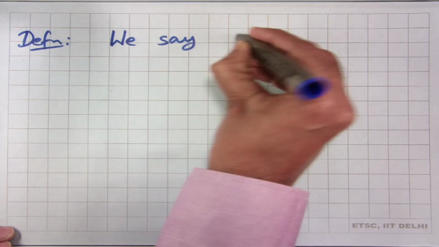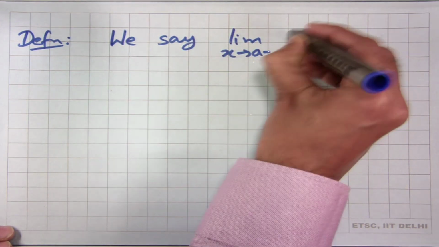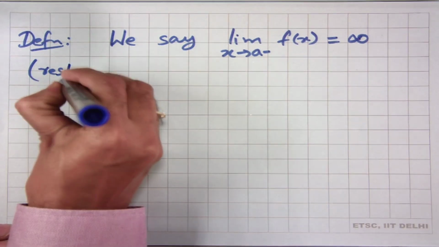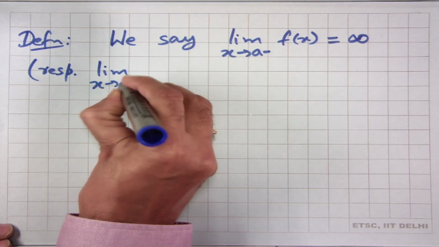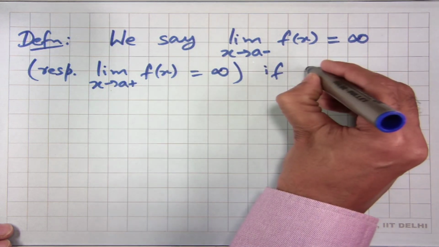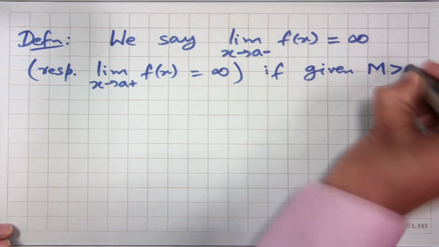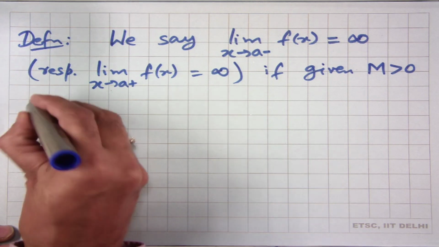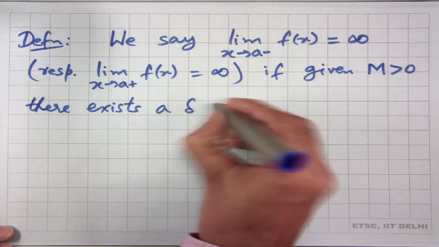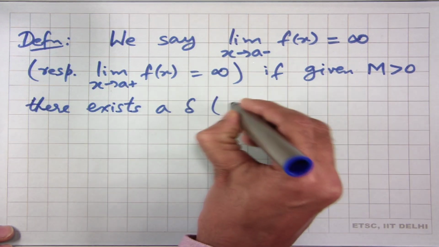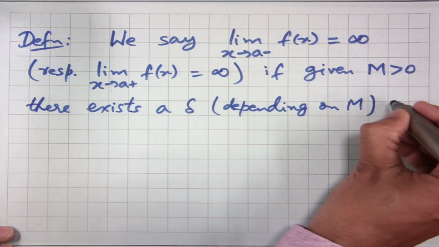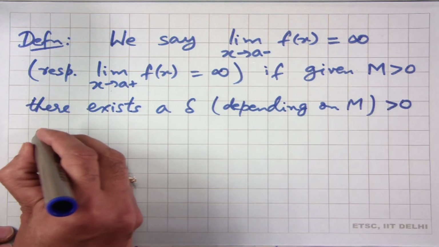We say limit of x going to a minus of f of x is equal to infinity, or respectively limit of x going to a plus of f of x, which means the right hand limit, is equal to infinity, if given any positive real number m, there exists a delta, which might depend on m, and this is positive,